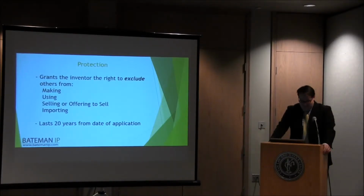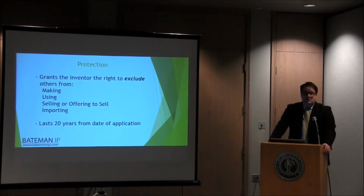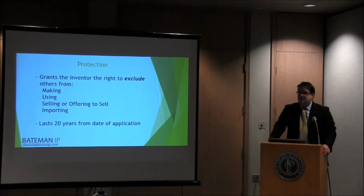In fact, one of the best examples is items relating to gambling. Right? If you have a slot machine, that slot machine may be illegal in most states in the United States, but you can prevent other people from making it. So you're effectively getting a patent on the state of Nevada or a few other states that may allow slot machines in the gambling. So you are granted the right to exclude others from making, using, selling, offering to sell,